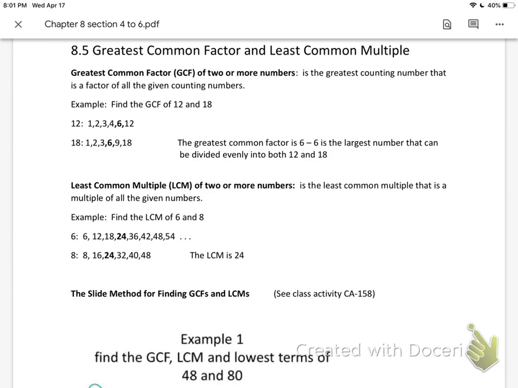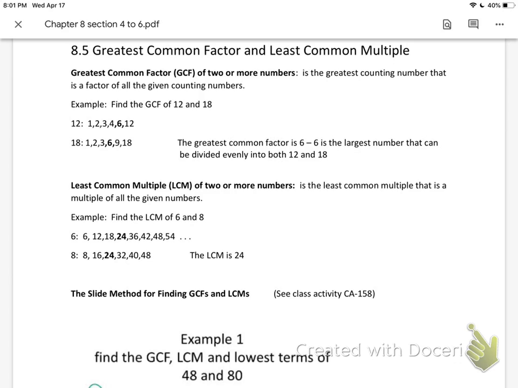So the greatest common factor is 6. I wrote 6 in bold, and it is the largest number that can be evenly divided into both 12 and 18. So 6 goes into 12 2 times, 6 goes into 18 3 times, and 6 is indeed the